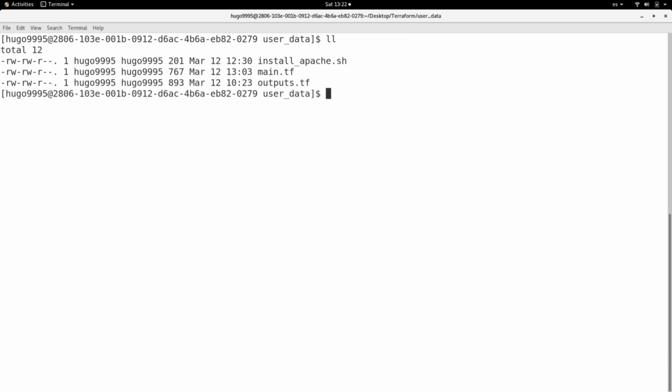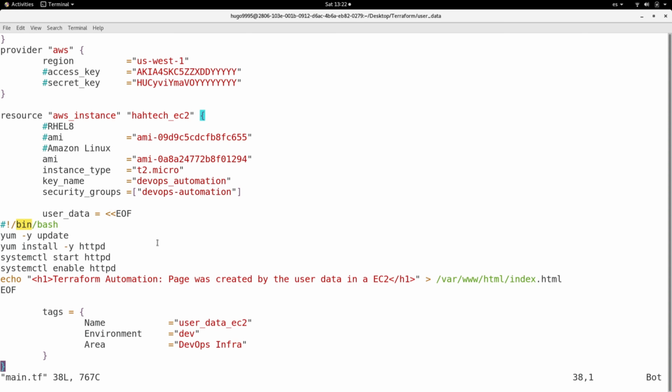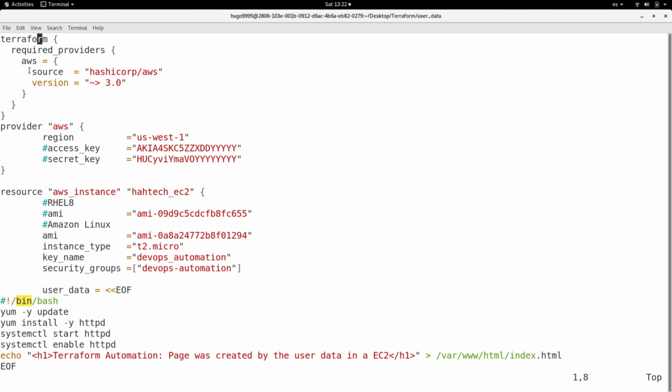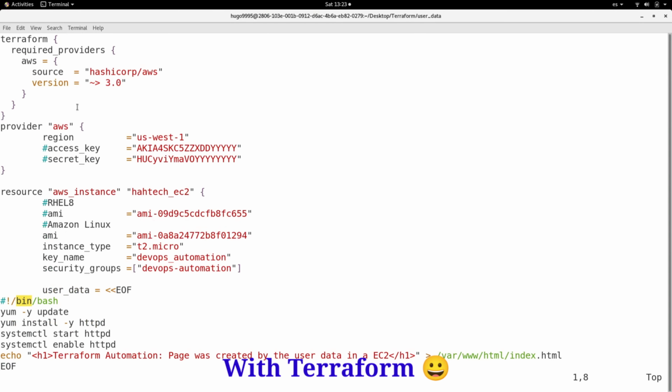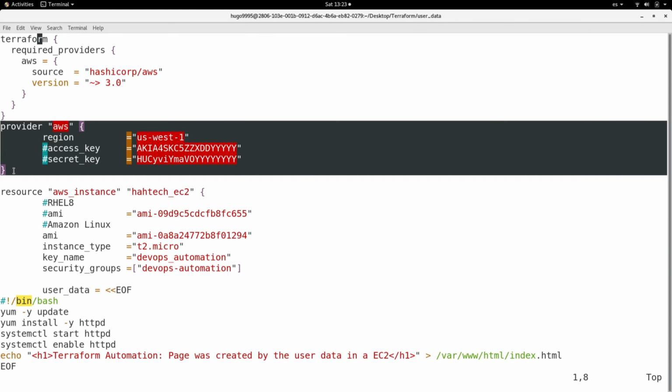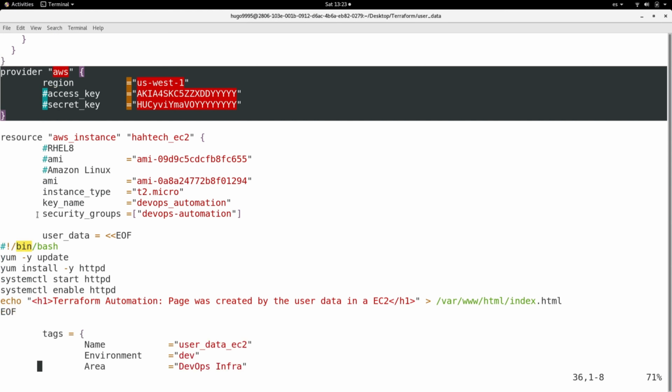Therefore, I have this main.tf that I will show you so I can explain a bit more. First, here you can see this new block which is required from Terraform version 0.13 onwards, and this is the regular providers block. Also here in the resources you will see